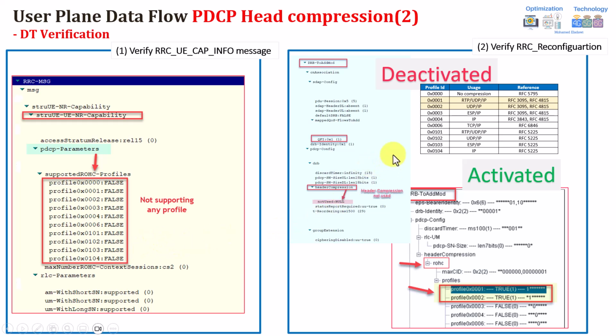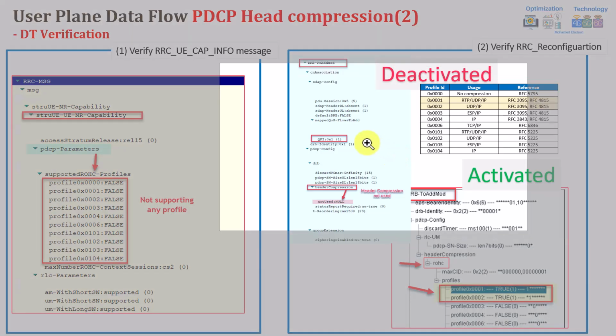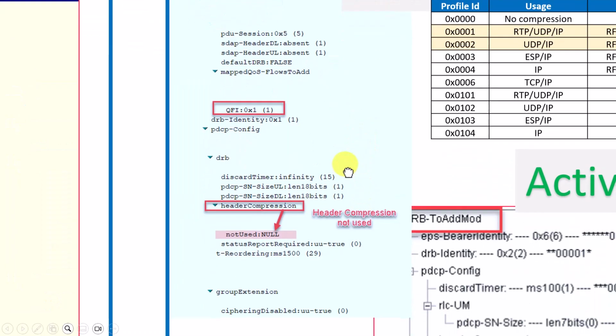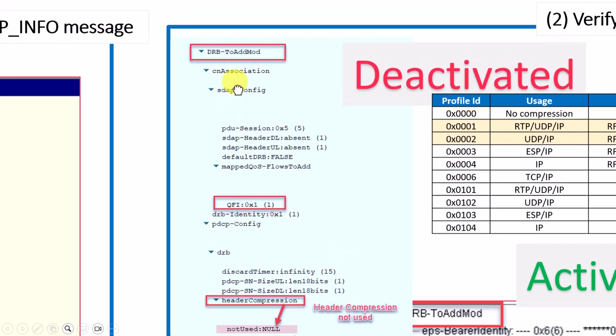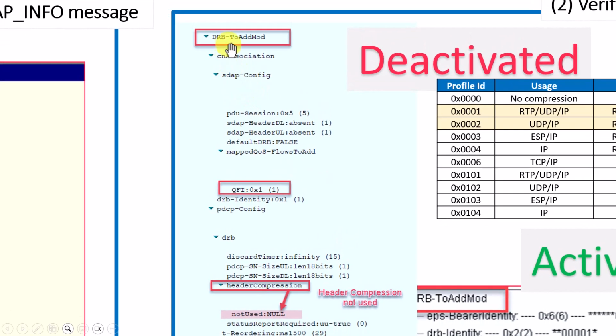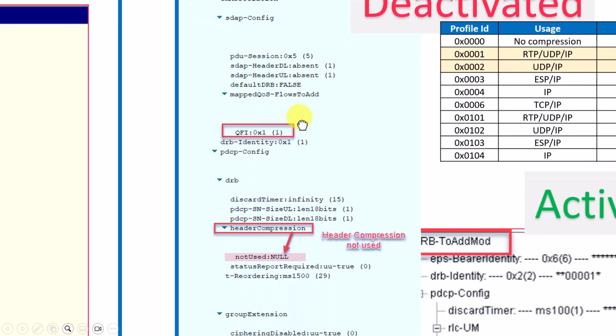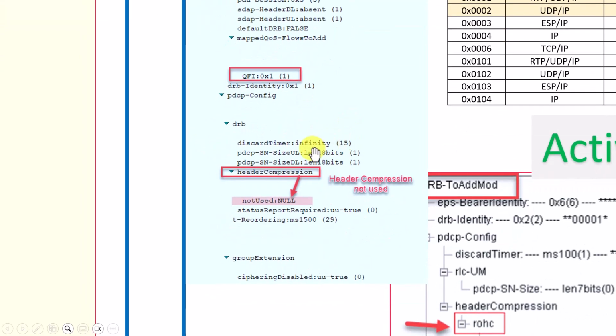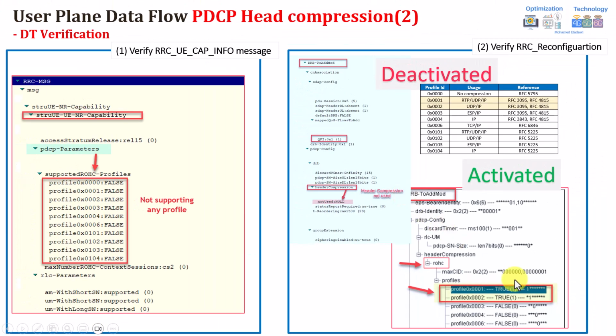And from layer 3 itself, if you zoom in here, you will see the RRC configuration message. Once you're doing a test and the feature is supported, if you enable it, you need to confirm under the RRC configuration message as well. You will open it and find the data radio bearer being added. Here it identifies your QFI, for example, and here it decides the header compression. For example, in this case, it is not used at all, which means there is no header compression being used here.